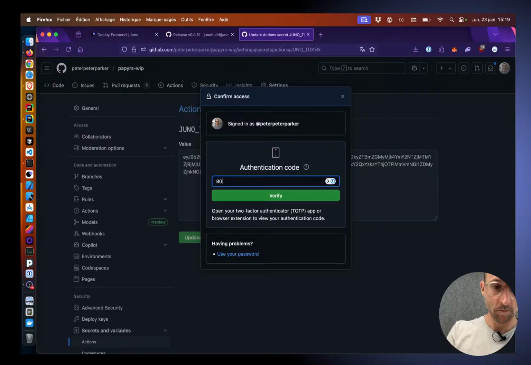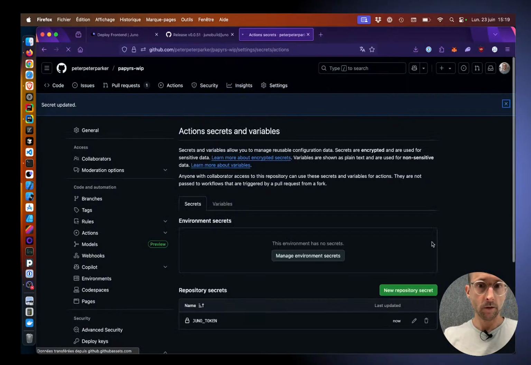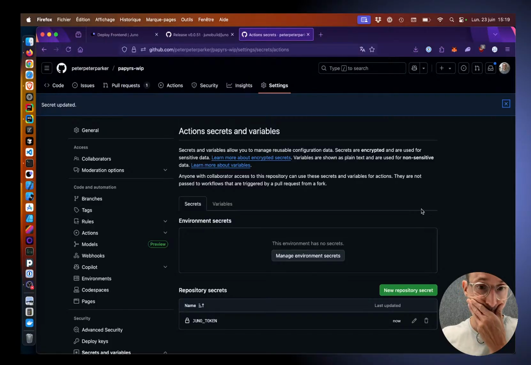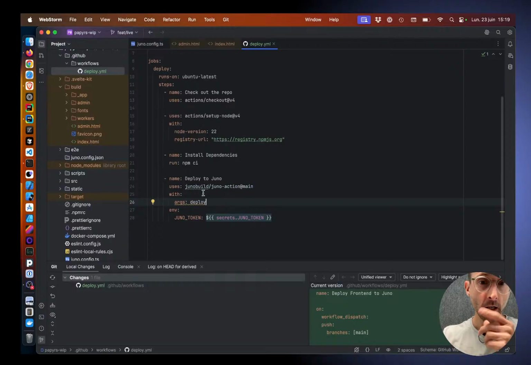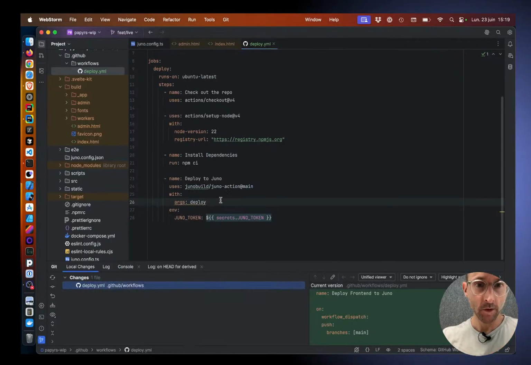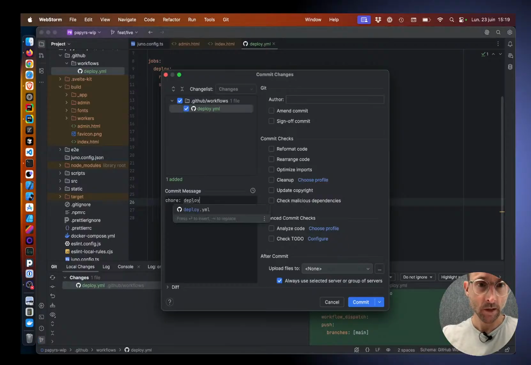So now what I'm gonna do is I will just put the default here, and we're gonna set up this deploy front end, and